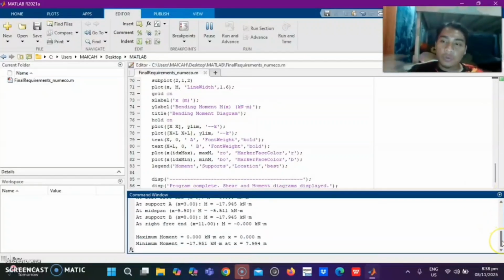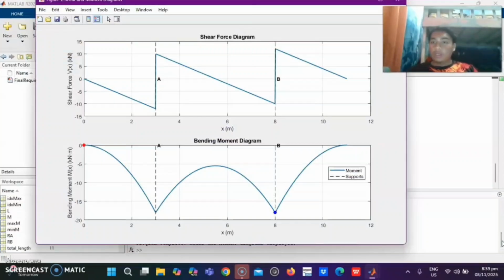Now we just have to wait for the shear and moment diagram to appear so that we can see if the moment or the shear came back to 0. So here we go. It shows the shear and bending moment diagram.